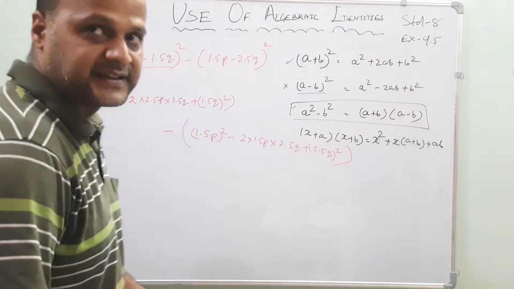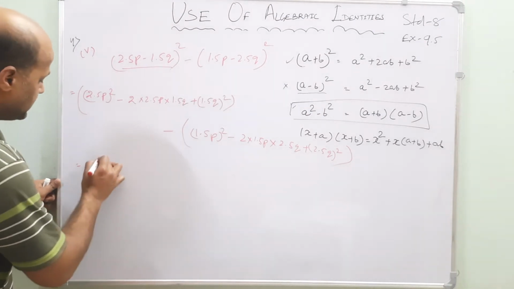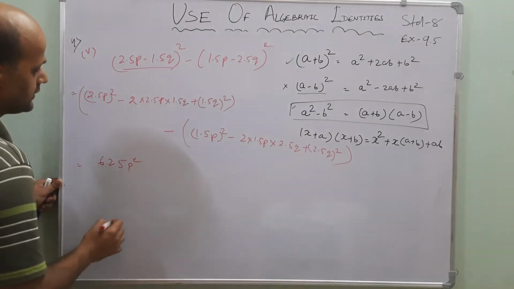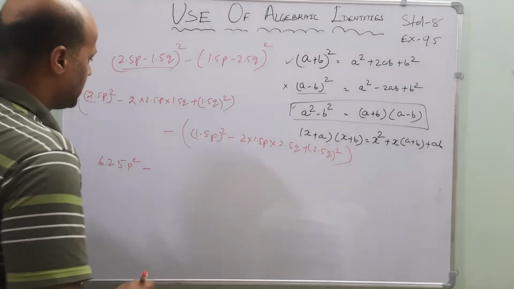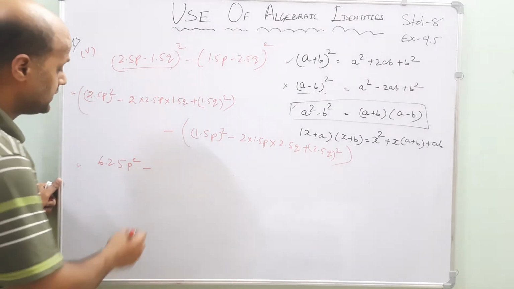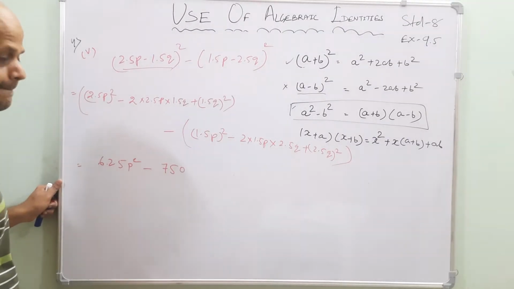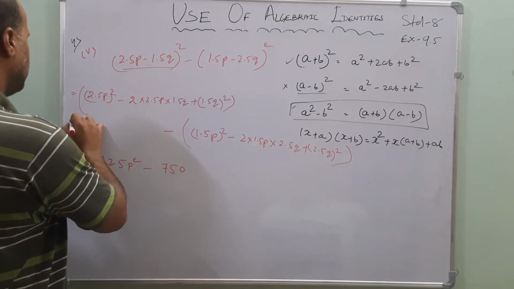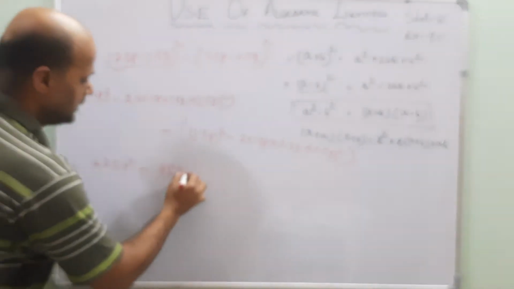Okay. Very good. No mistakes are there. So we will directly solve it. Now solve it. 25 square is 625, p square again, minus of... who will tell me? 25 times 2 is 50, 50 times 15 is... who will tell me? 750. Okay, is it 750? 50 into 50. Okay, 750 it is. Okay, 750 PQ.